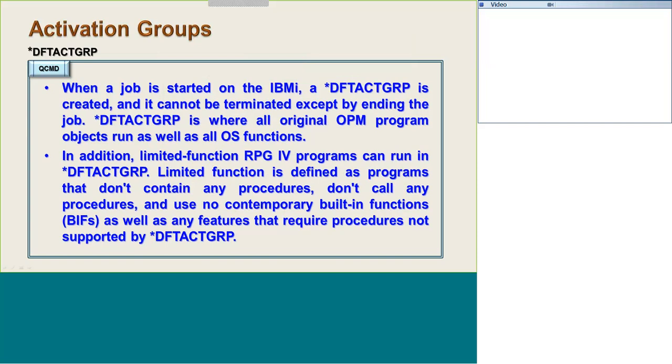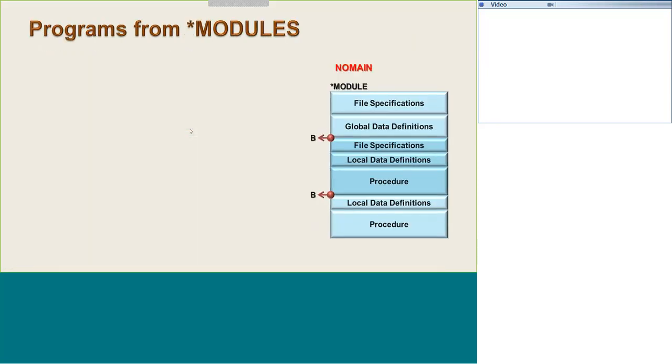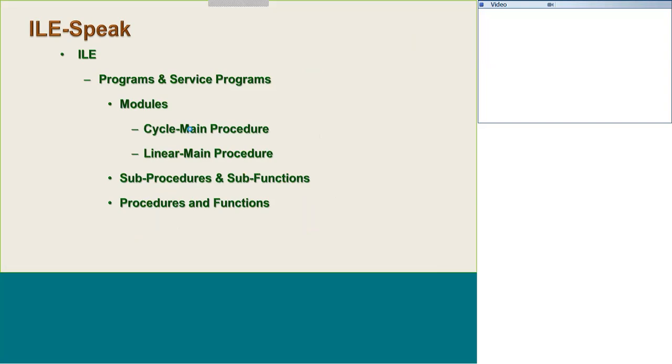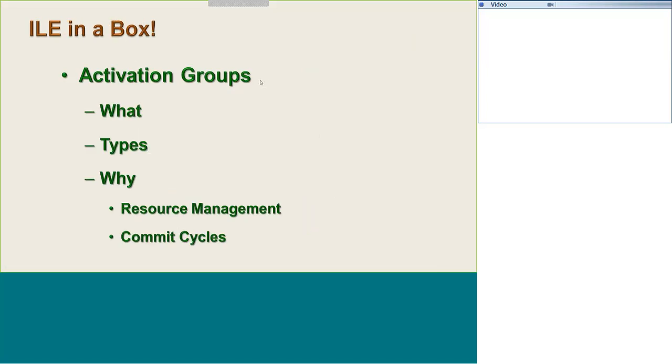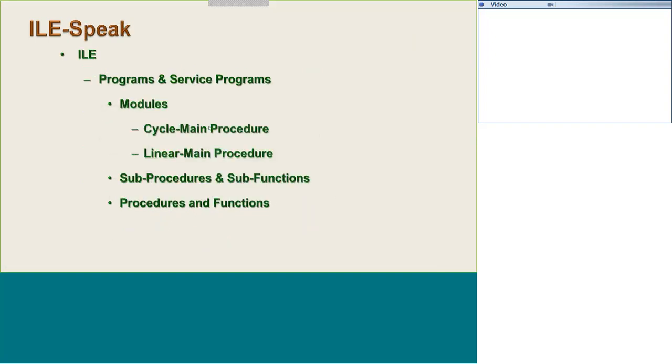So let us have a look at, I'm going to go backwards, back to where I was, because I want now to talk about what is an activation group. The default activation group is used for operating system and OPM model programs. Let's have a look at some of the terminology around the whole ILE environment, because it's important to understand what these things mean, because the power in ILE is far beyond